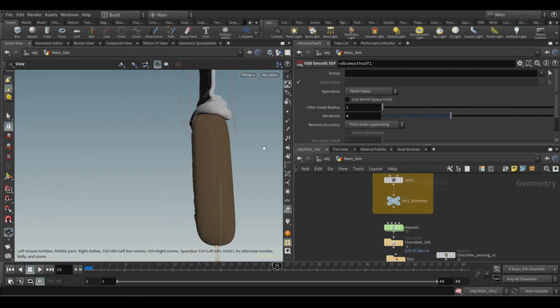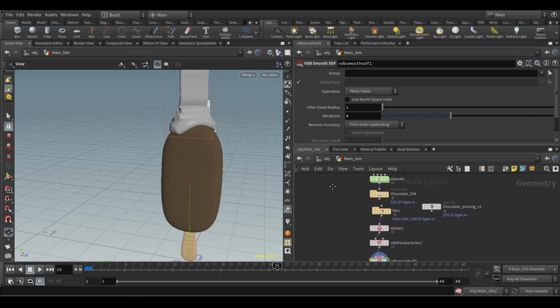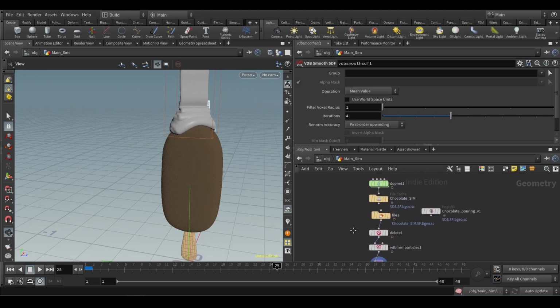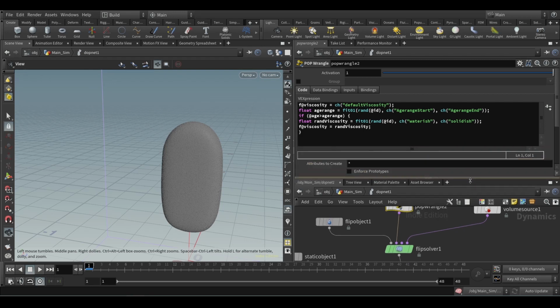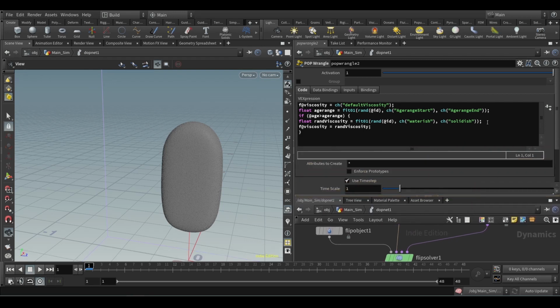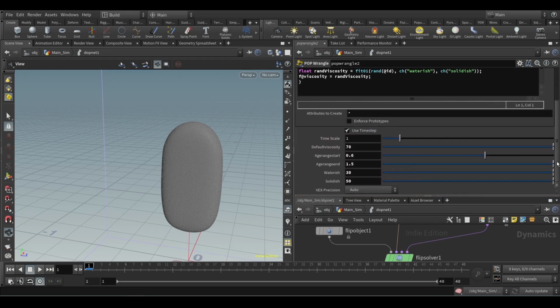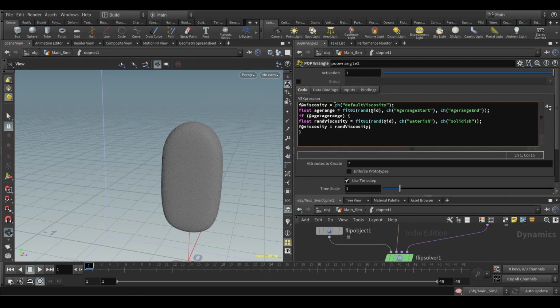See, so I got that result. I got the result by this pop wrangle. So what pop wrangle does is that I have much control over the fluid. It has broad channels, a lot of channels: default viscosity channel, age range start channel, and end channel, waterish, saltish. So you can control, if you want,